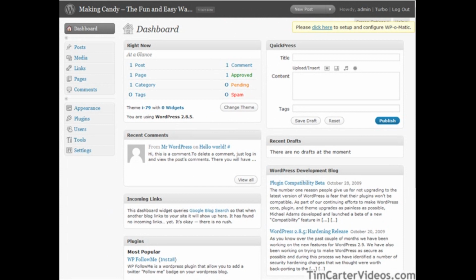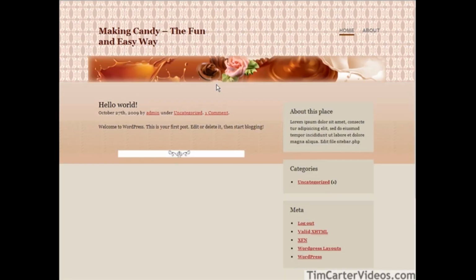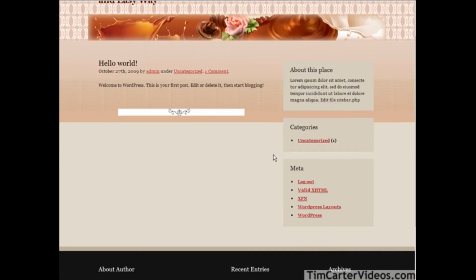Okay, now before we can start putting content on our blog, there are several things we need to do to get it ready to go. First thing you're going to want to do is remove all the content that's on it. If we look at this blog right now,